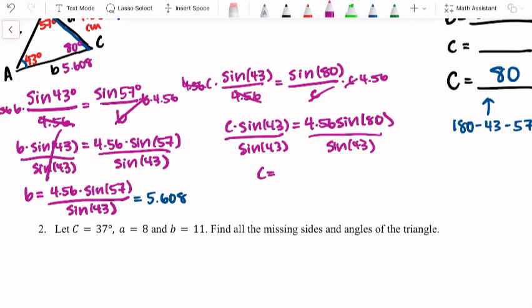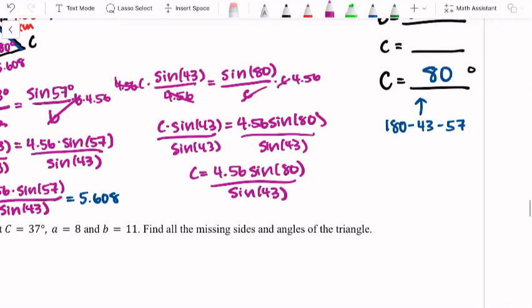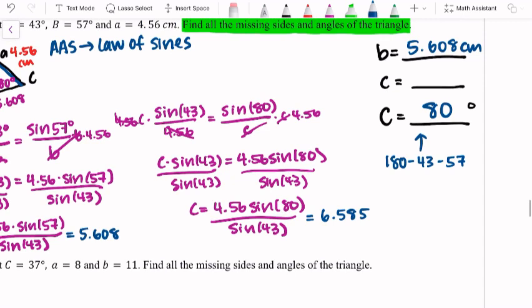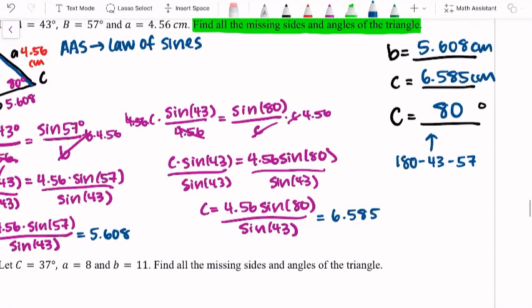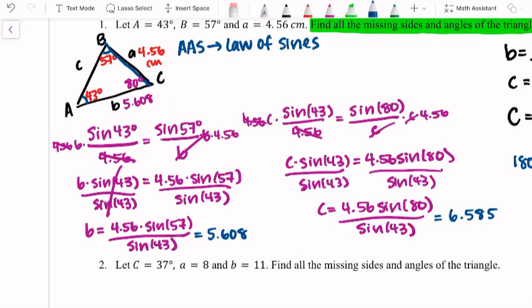We're going to get C equals 4.56 sine of 80 divided by sine of 43. Okay, so we have all of that ready to go. We're going to go ahead and type that into our calculator. I got 6.585 as my answer. So please double check that. Again, if I made a mistake, please let me know. Okay, so labeling it on my picture, I'm going to have